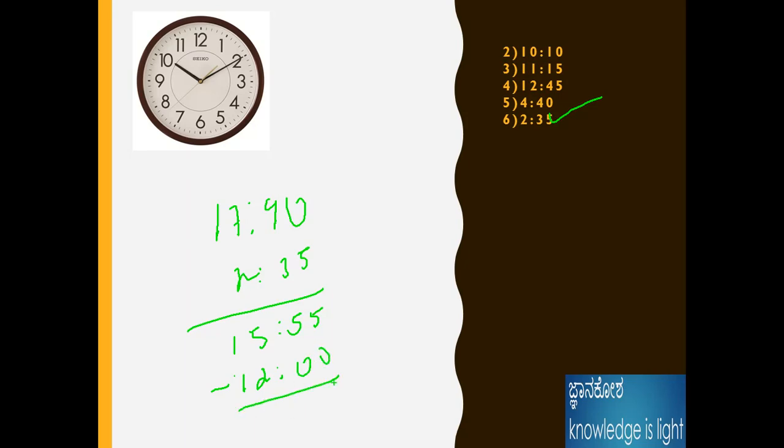2:35. That means you need to take it again, you need to take it as 7:90. This is the problem I have taken. Again, 2:35 should be coming as 55 and 15. Here it is more than 12 hours, so we need to subtract from 12 hours. Then the answer should be 55, and then 3. 3:55 is the mirror image of 2:35. Like that, we can easily solve the question by using this logic. Okay, come to the next problem.